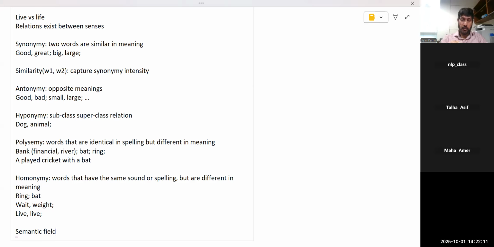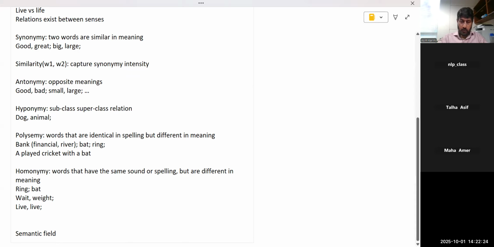Related according to a semantic field or related according to a particular relation that I mentioned above, whether hyponymy or meronymy or antonymy. So word relatedness versus word similarity. So word relatedness is a broader relationship or broader concept,